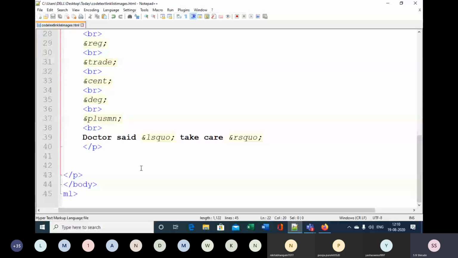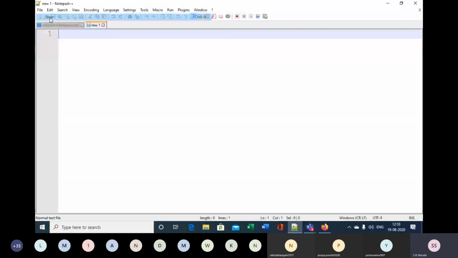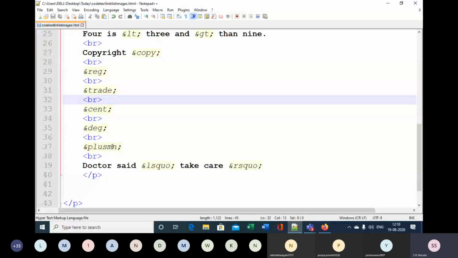Okay. Then next to that, we will learn the use of div and the span elements. So let me take a new file, or suppose in the same file I can put it here. I can make divisions.